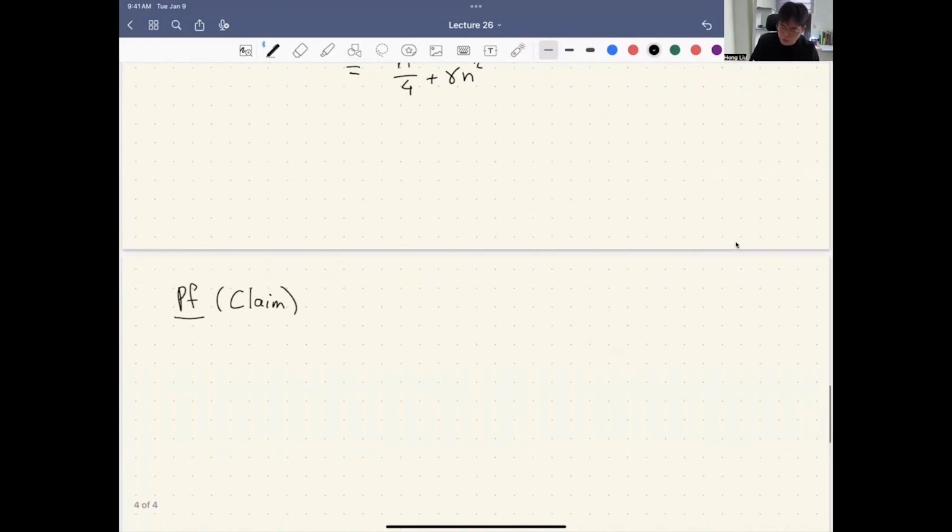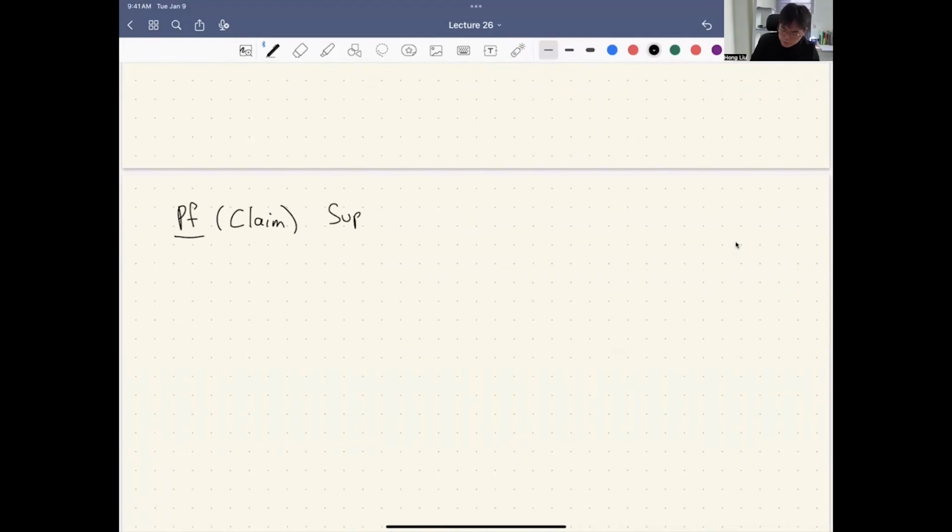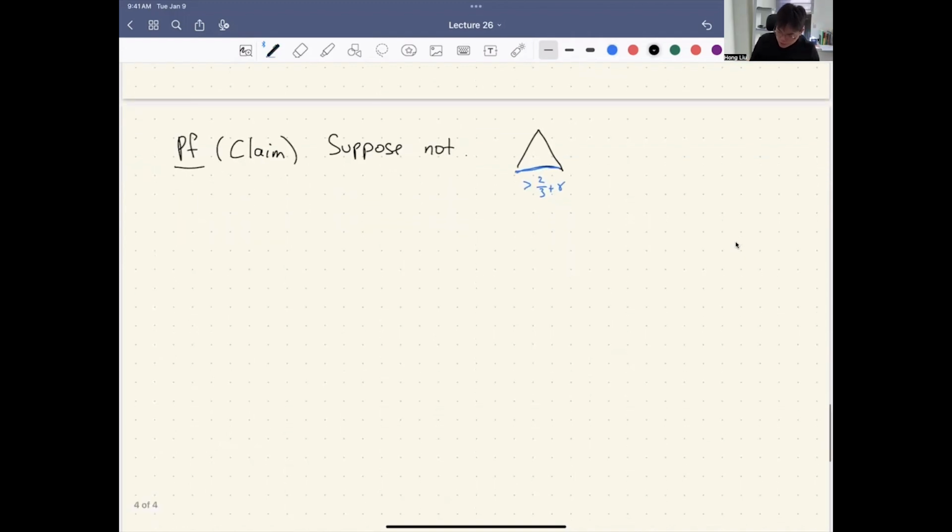Suppose not. What does it mean, suppose not? We have a triangle where the weight of this edge is bigger than 2/3 plus gamma, some low order term, so strictly above 2/3. What does this correspond to in the graph? So if this is ijk, this corresponds in the graph to three classes,